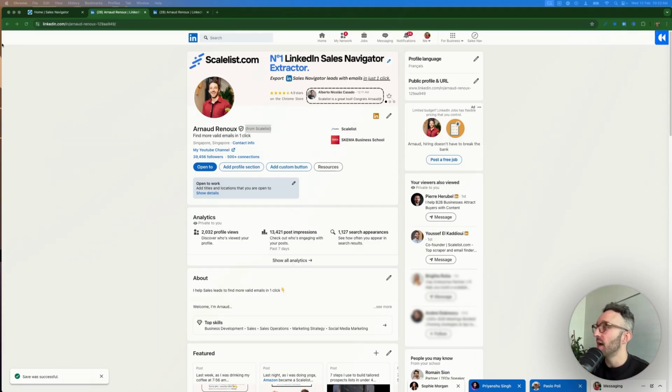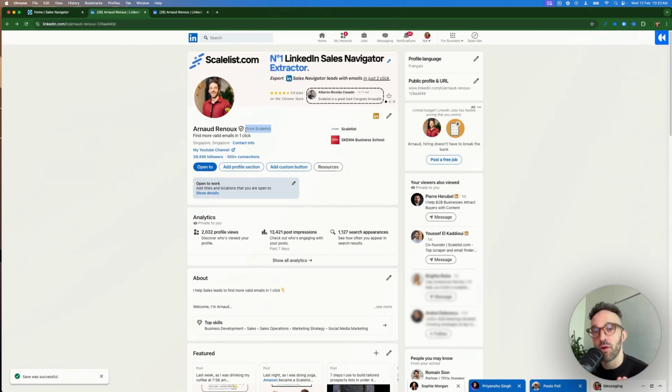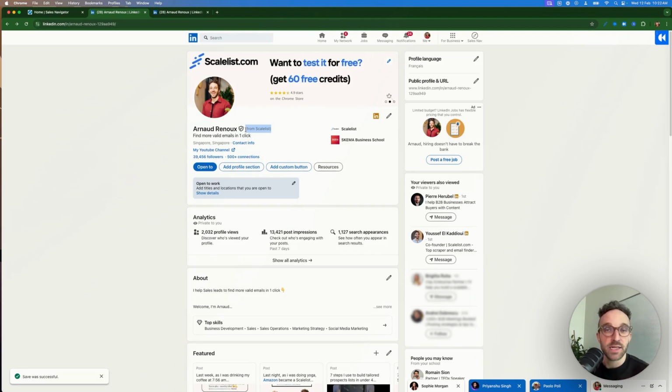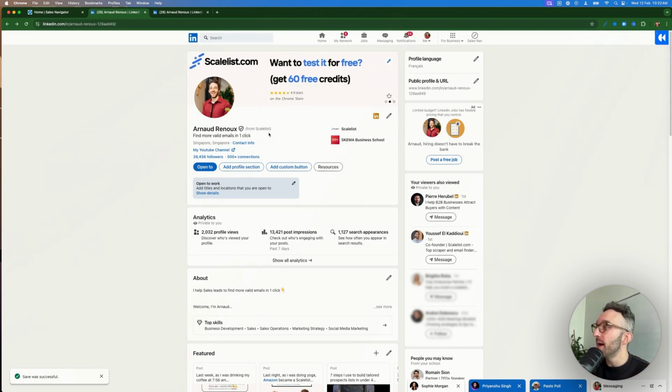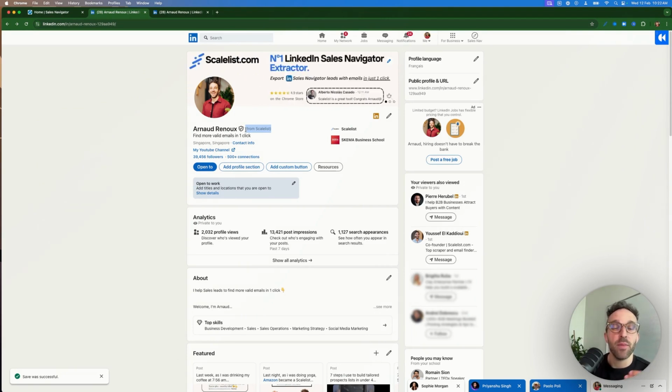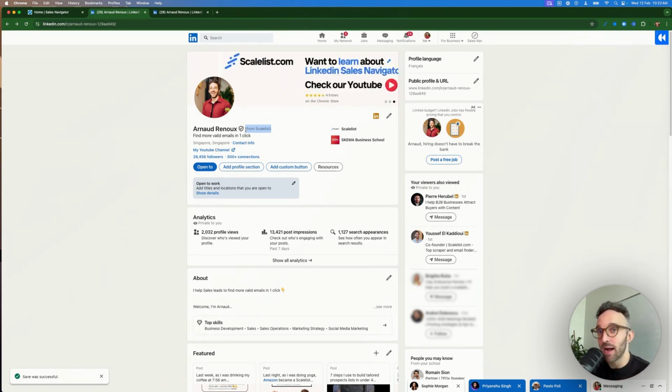In my case, I have replaced and customized my pronouns with "from Scalelist" because I'm on a mission from Scalelist. But if you are, let's say, a lead gen expert or AI-driven outreach person, you can write lead generation expert. That specific custom pronoun appears in the DM as well as the connection request, and it can act as a